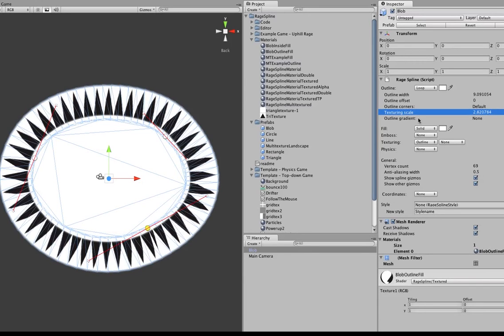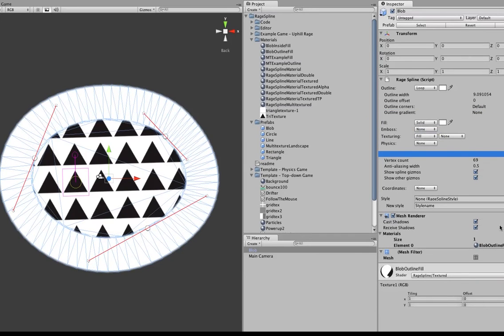Now the problem is, how can I do both? When I try to do this, now it's moved to the inside. I want to be able to texture both my fill and my outline, and I want to do two different textures. So how would I go about doing that? Well, we're almost pretty much done. What you would need to do is go and